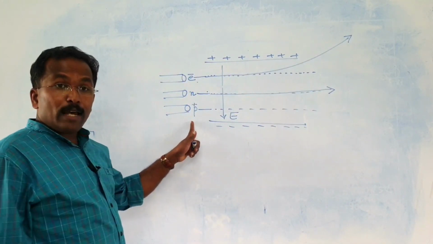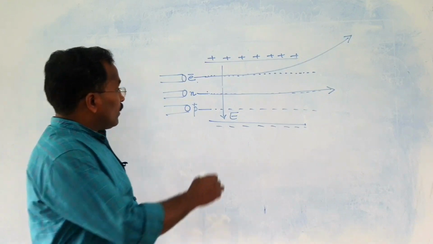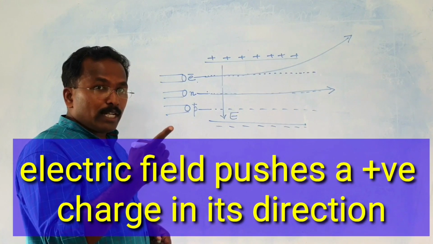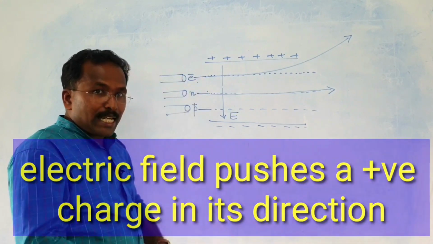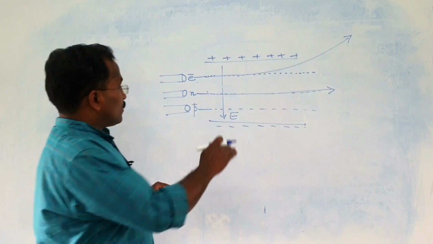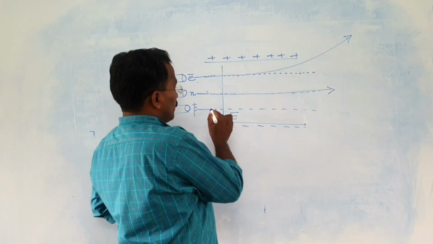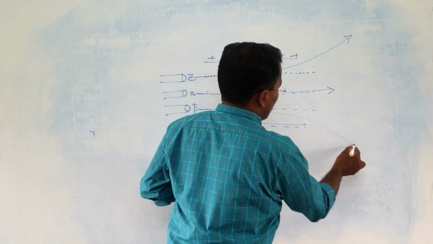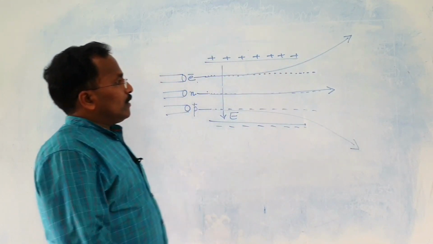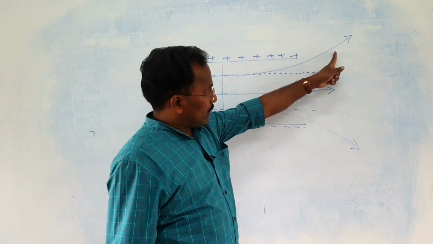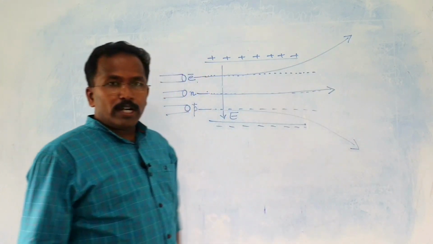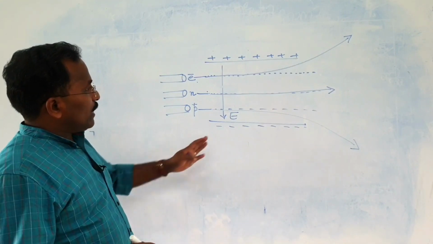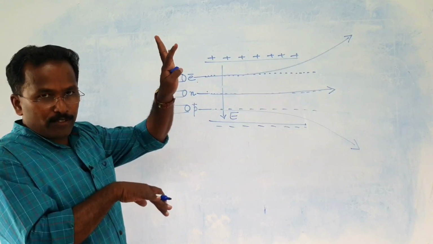And can you imagine what happens to this proton? The proton has a positive charge. So, what will happen to that? A positive charge will be pushed in this direction by the electric field. So, the proton will be pushed down. It cannot go straight again. So, it will be pushed down like this, and it comes out like this. Now I have drawn almost symmetrical lines for these two. I don't know whether that is right, because I will check for that. Anyhow, I hope you understood the direction of the force.